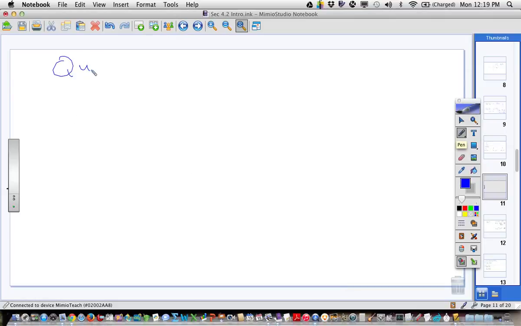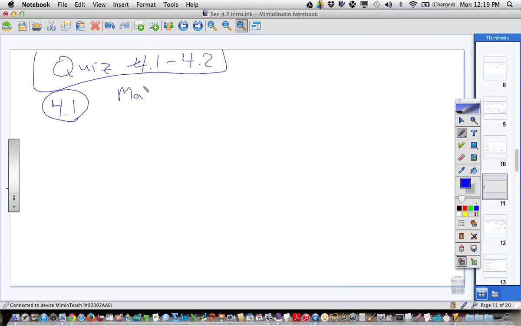Now, let's review here. I had this up the other day. So our quiz for Thursday will be over these two sections. In 4.1, you have to be able to match slope fields. And we did that on Thursday's homework in the book. Problem 7 through 14, we were doing that. Also on the worksheets,